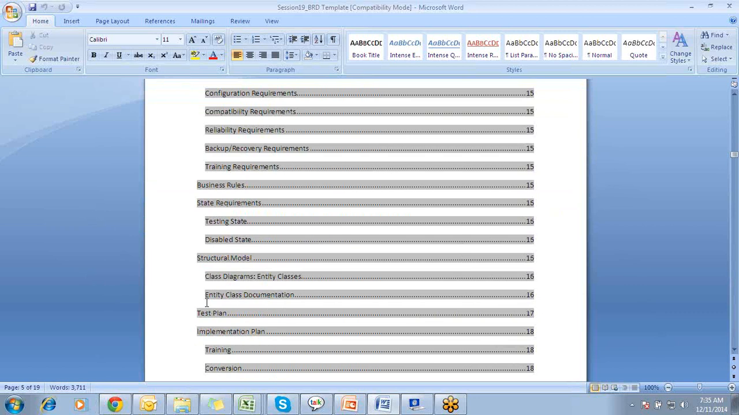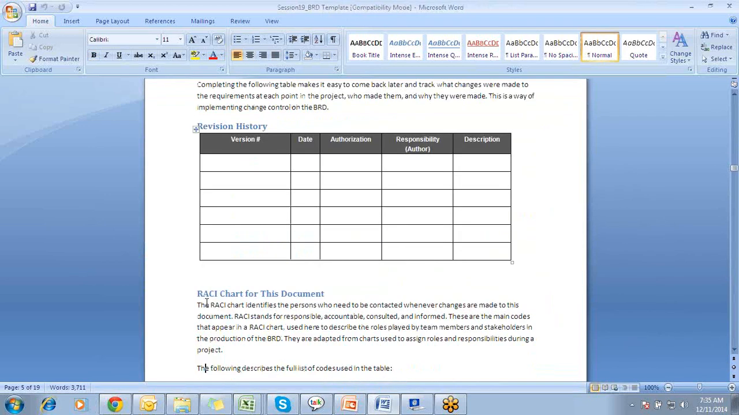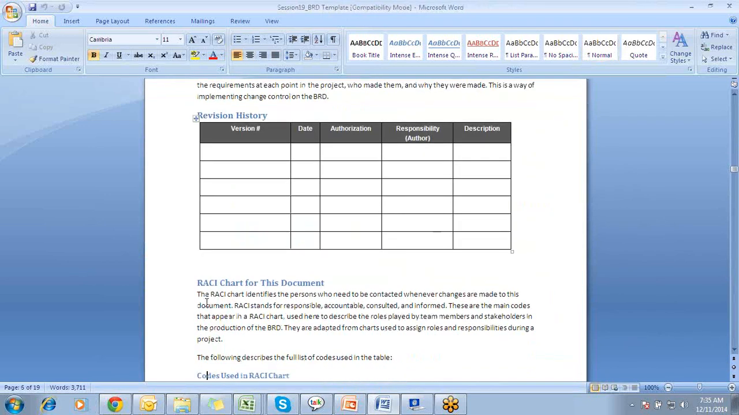Okay, and then we have the class diagram as an entity class documentation. So the test plan and test job and end user process, everything we will get to know. So version control, I am not supposed to explain. The RACI chart,